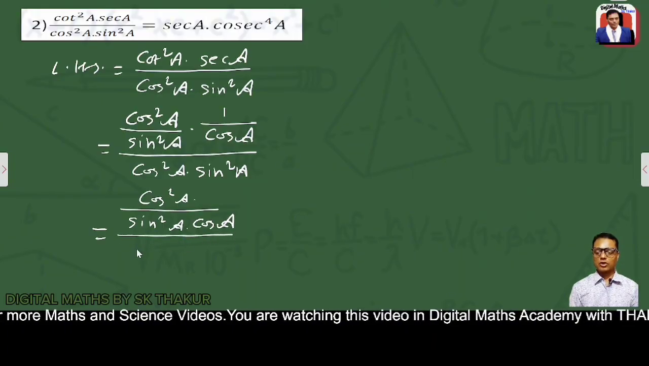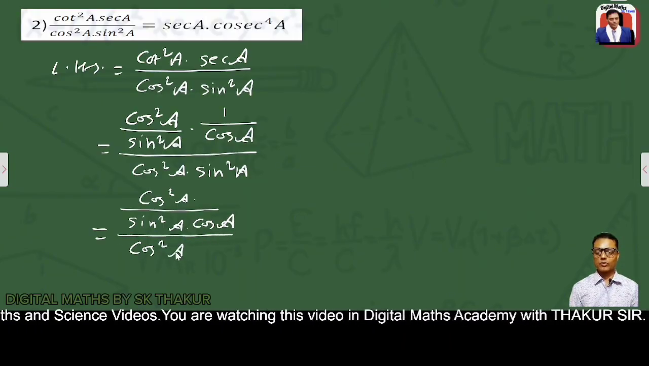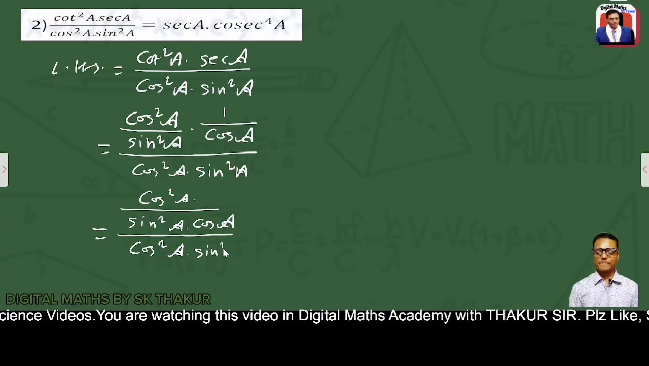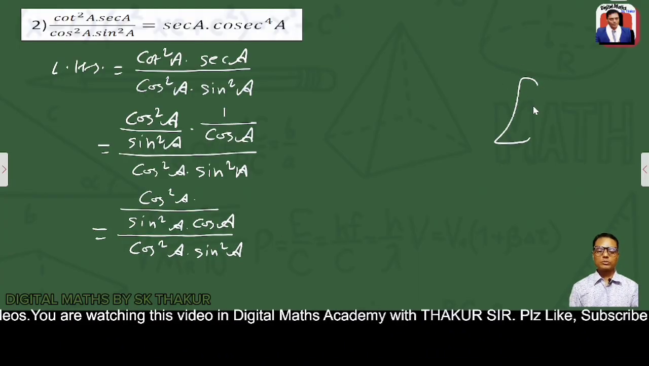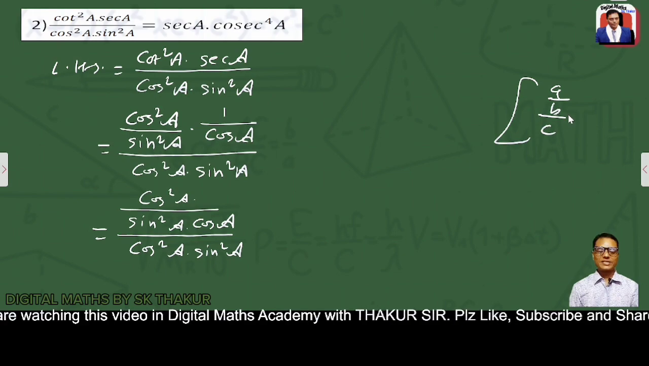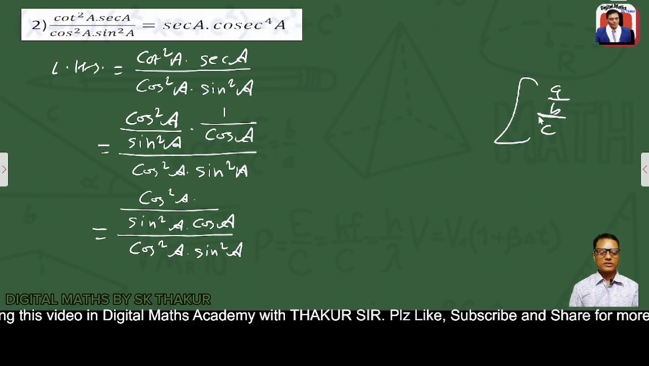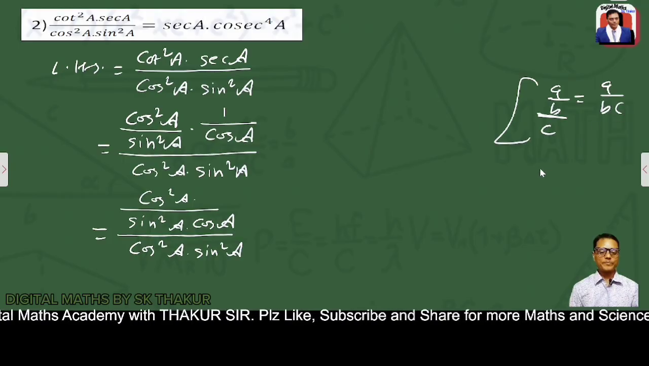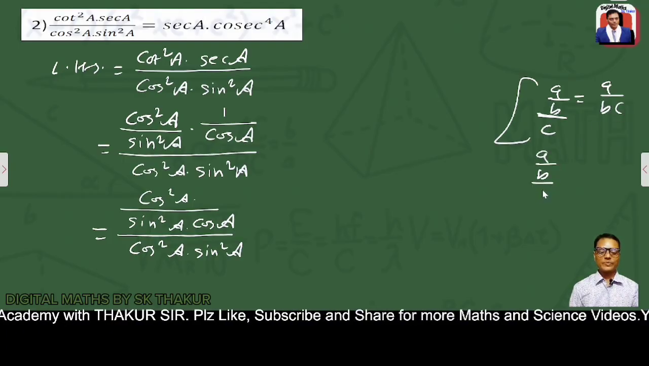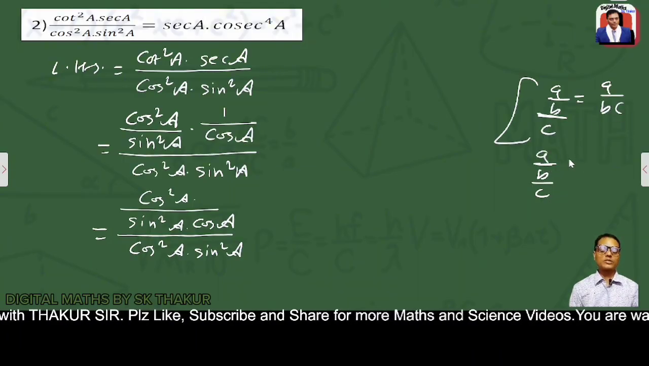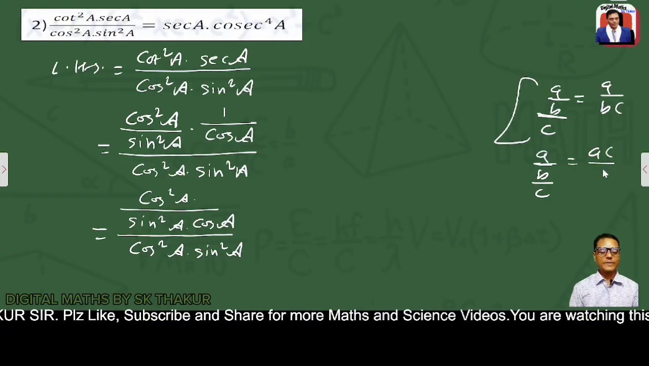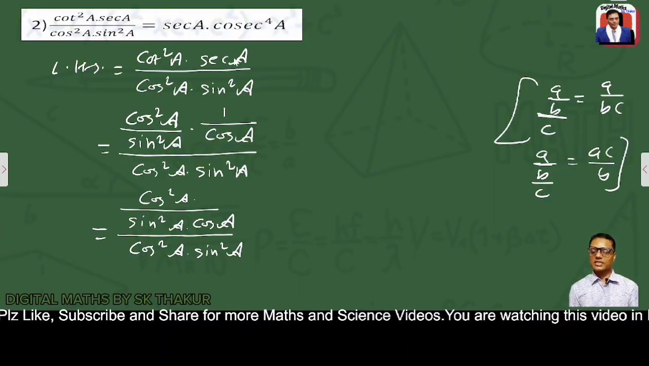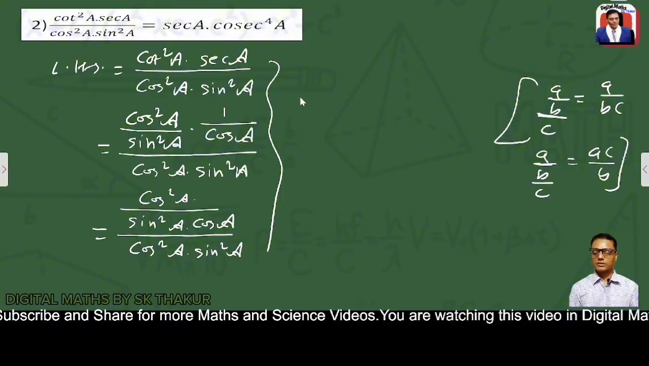And at the denominator here we have cos square a dot sin square a. Now as we know, a by b by c, and if the down one is the main line, we can write here a by bc. And if we have here a by b by c, and if the upper one is the main line, we can write ac by b. So applying this concept, we can write here